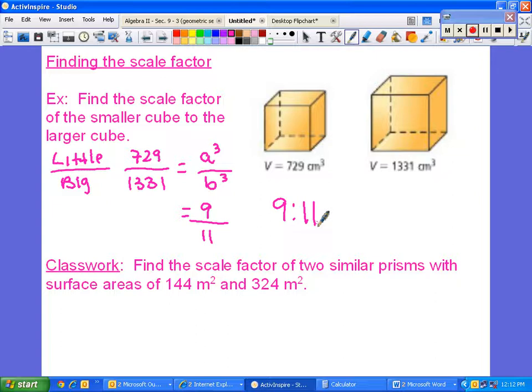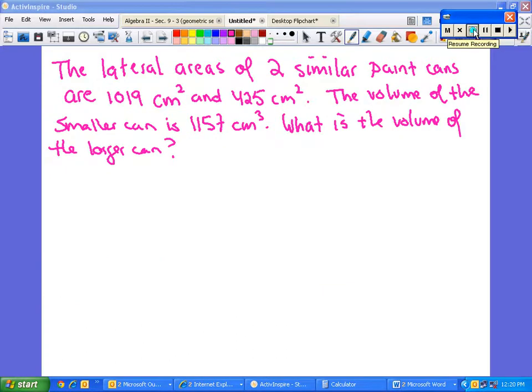Okay, if there are no questions, please do the classwork problem. Now, look closely. I'll give you a hint. It's not talking about volume. Okay, so we are told that the lateral area of two similar paint cans